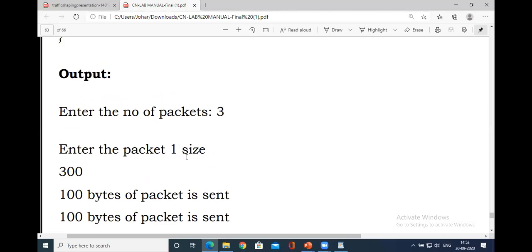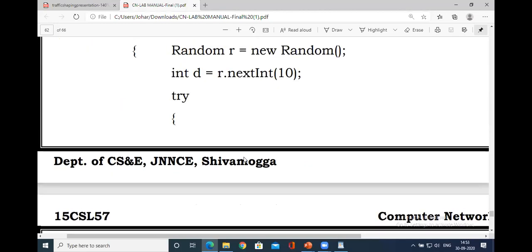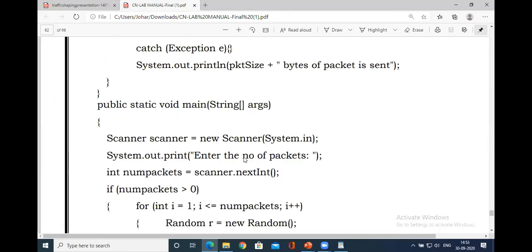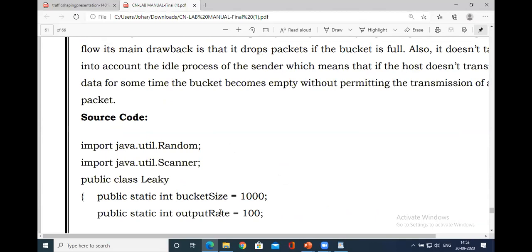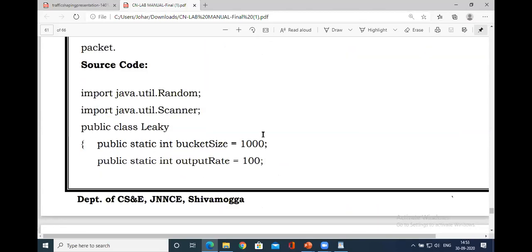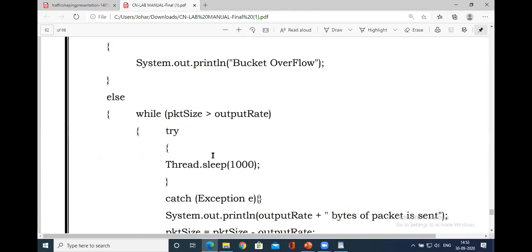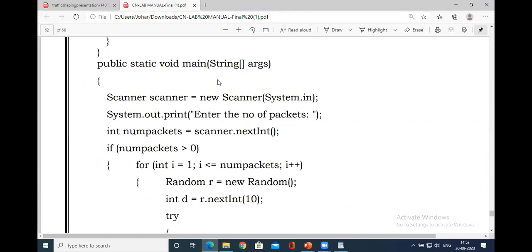So let me go to the program. Those who execute the program first understand the concept. We write a program in Java. As you could see here in the initialization, first let me go to the main function.